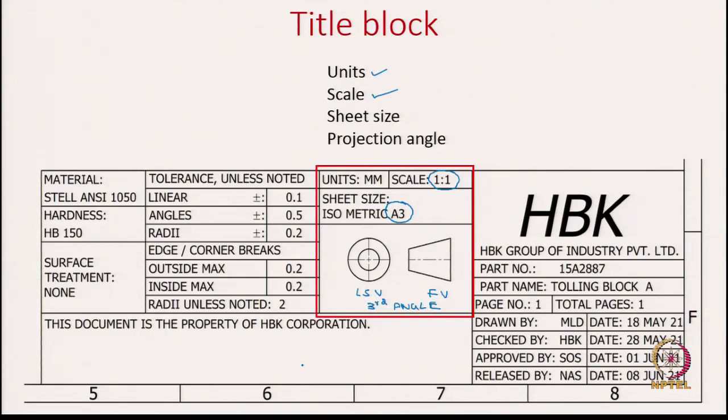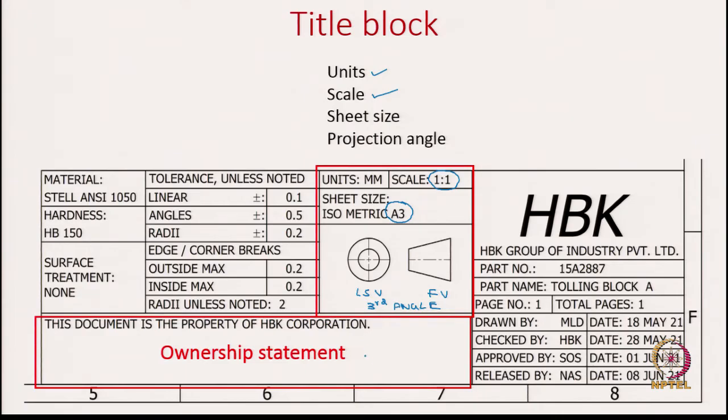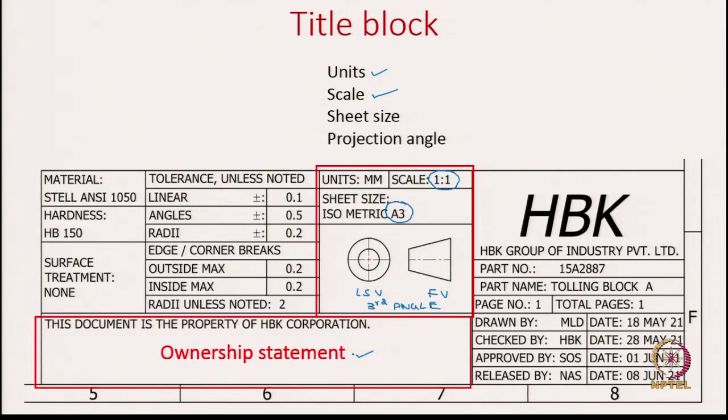Okay. So, this is the kind of information you can find here. In addition to this, you can also find the ownership statement. Usually these engineering drawings are proprietary material, almost like legal documents, because a lot of design process went into them, and there is a lot of accountability or proprietorship of these design drawings. So, that information is given here, saying that so and so company owns this drawing, or what should be done for someone to get these drawings for use.